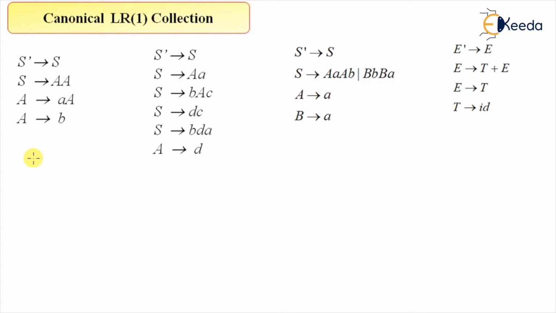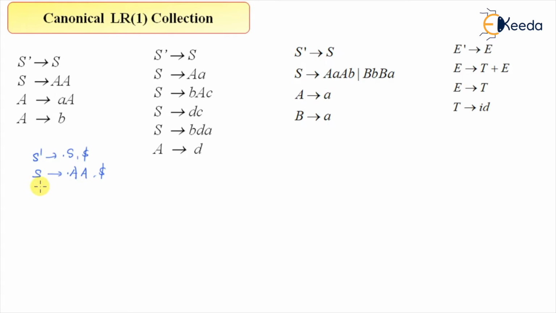So let's apply these rules and see how exactly they are implemented in different situations. Now, S' derives dot S. What is the rule here? I will add a dollar over here, and then write the dot in front of S. So S derives AA. We can start applying the rule from here. After S nothing is there, and alpha before the dot I'm not interested in, so I can just directly copy the symbol over here.